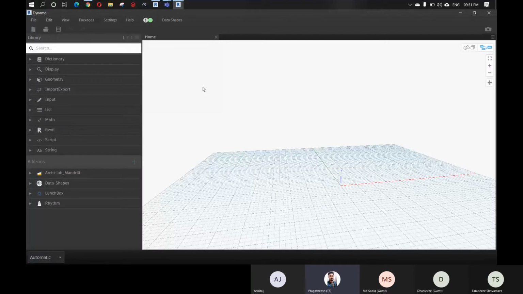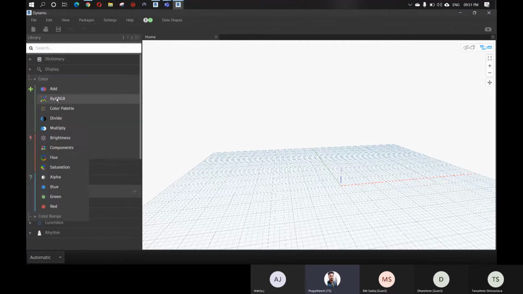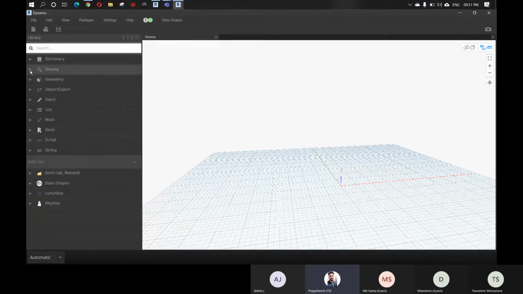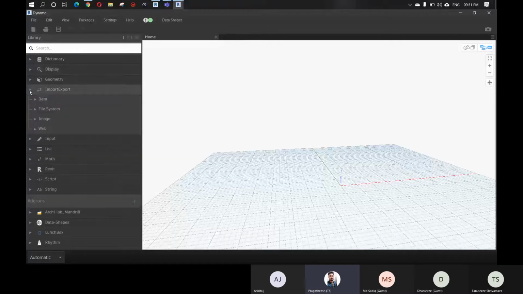Okay, so once you enter into Dynamo, this is how the Dynamo interface looks. What you're seeing here are all the options, and when you open any of these, you can see there are lots of subfolders inside, and this is the last one. These are actually called nodes. As I said, we are in fact programming, but instead of typing lines of code, we are doing programming with the help of what Dynamo calls nodes. So these are all the nodes.